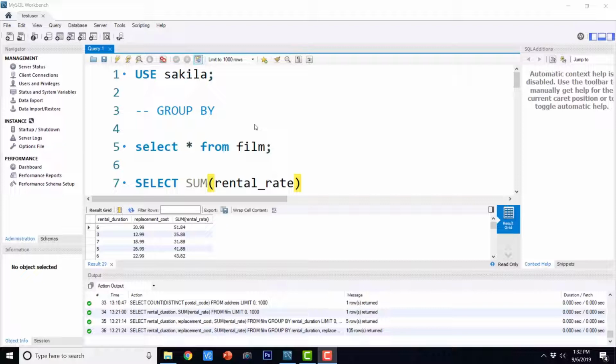Earlier we have seen the group functions. In the group functions, we divide the entire data set into various groups, and for every group, we have a single row as an output. In the last lecture, we saw how to consider the entire table as a single data set or group, and then we had only one row as an output. Here in this video lecture, we are going to see how to divide it into multiple groups with group by.